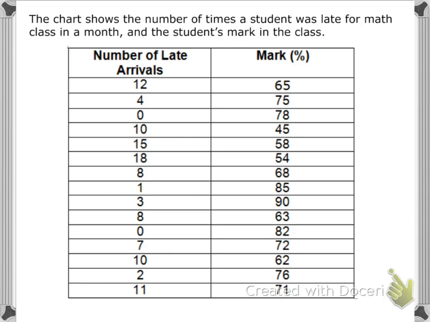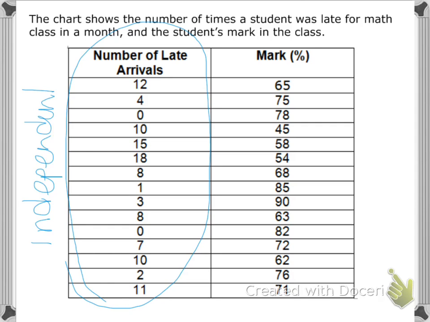Alright, so we're going to start by asking the question, which variable is the independent variable and why? If I look at the table, the first hint that I can give you is that normally, whatever comes first in the table is the independent variable. So let's see if that makes sense. If I look on this side here, I have the number of late arrivals. So if this is the independent variable,